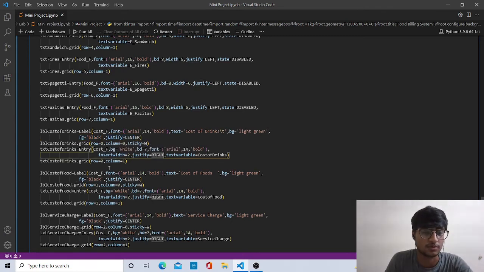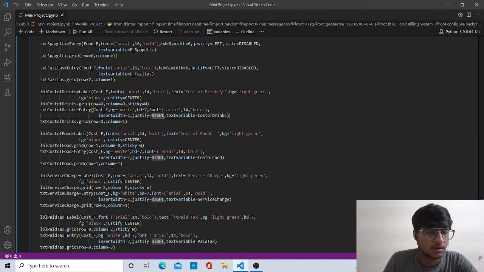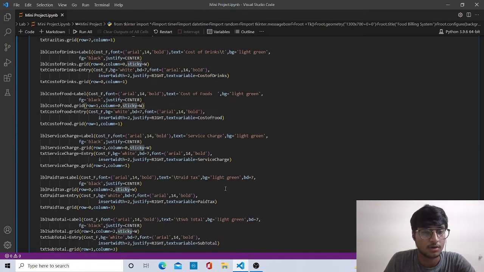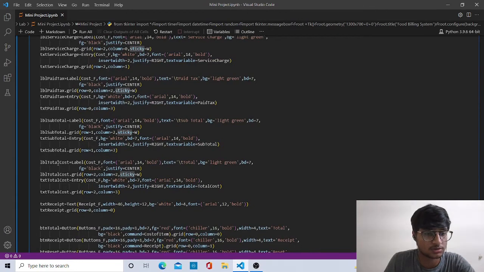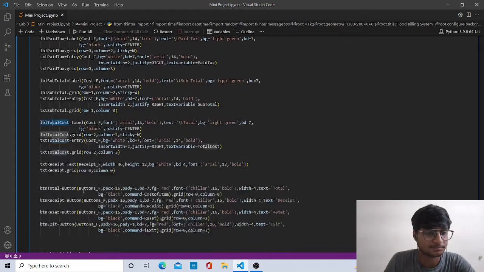Cost of drink, cost of food, both of it. Here you can see the label cost of food, which is aligned as center with the font of Arial, size of 14 and type of bold, with cost of food as the text, and the background color of light green. Moving forward, same as for service charge, paid tax, same as all with the subtotal, total cost.